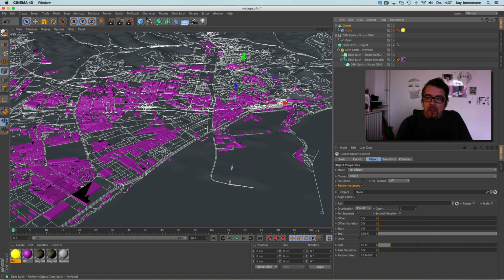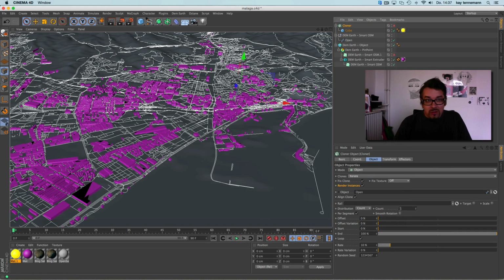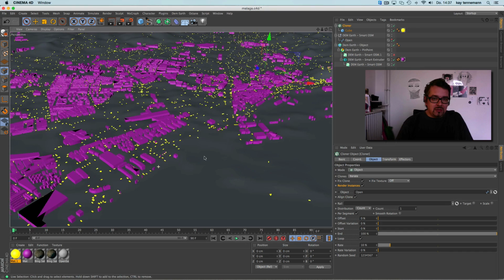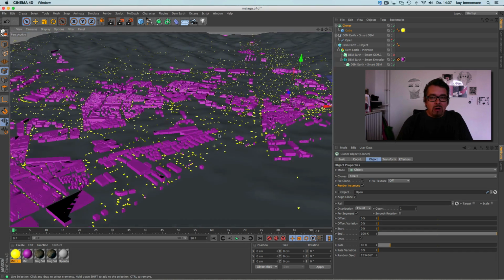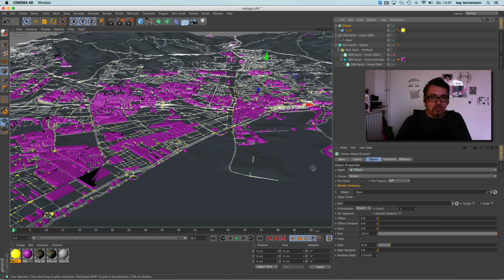So and now my cloner object with the yellow cube, but set not to 1000, just one. Click, and you see. Can you see? I hide this. Yeah, it sets little yellow cubes on the spline.